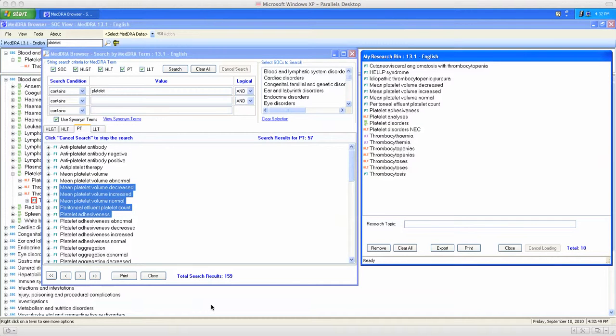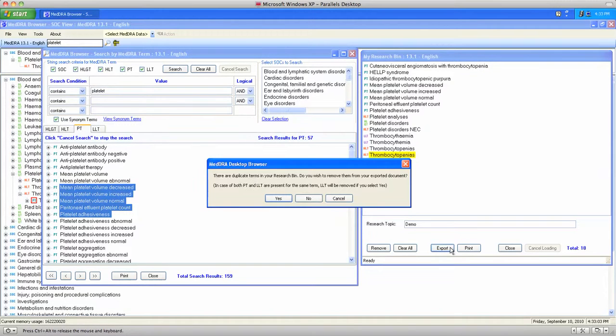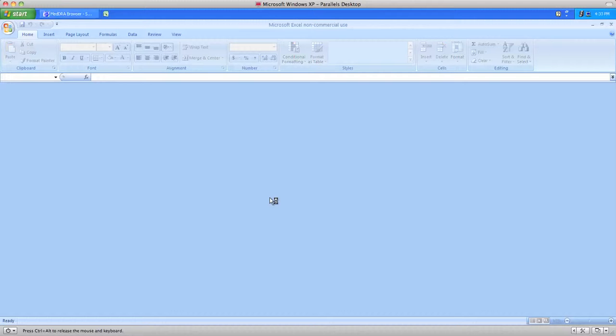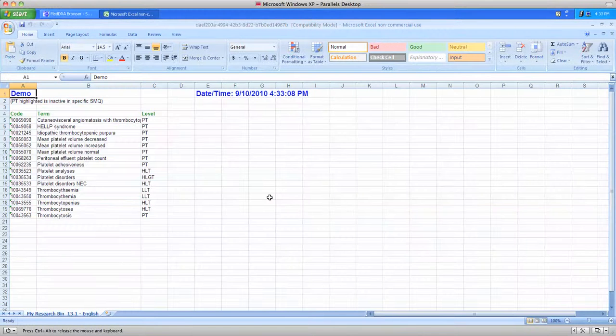Now that I have finished searching for terms, I will demonstrate how to export the contents of the research bin. In the research topic box, I will give the topic a name, Demo, and then click the Export button. I'll say yes to duplicate terms. And an Excel spreadsheet is launched with all of the terms, their level, as well as the 8-digit codes. These terms can then be used in